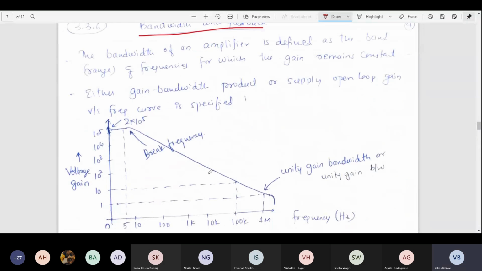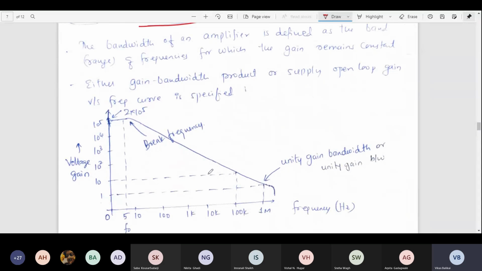Whenever we try to understand the concept of an amplifier, the main thing is the gain. We say the gain of the amplifier need not be high, but it should be constant for a longer duration of time. That is our intention, and that's what is achieved using a feedback amplifier. We proved that the gain of the amplifier with feedback is very constant for a longer duration of time, but it is not high.